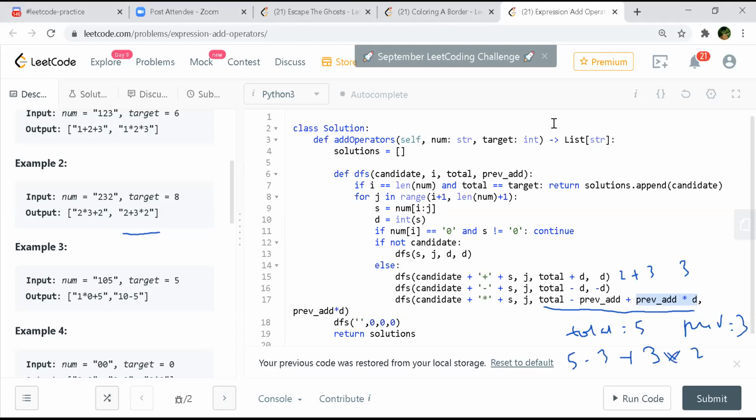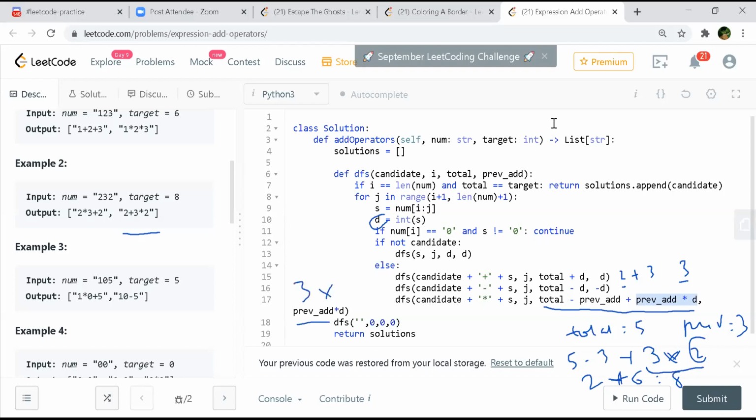So what is going to be? This is going to be 2, because we are actually reverting back to this 2, and then we are multiplying this 3 with our current 2, which is this D. So it will be 2 plus 3 into 2, which is 6, so this will be 8. And here, for the previous add, you have to pass the value. So the previous term will be 3 into 2 only, correct?